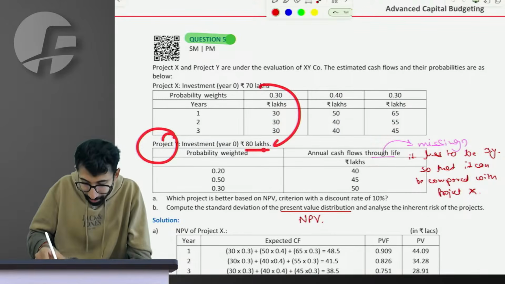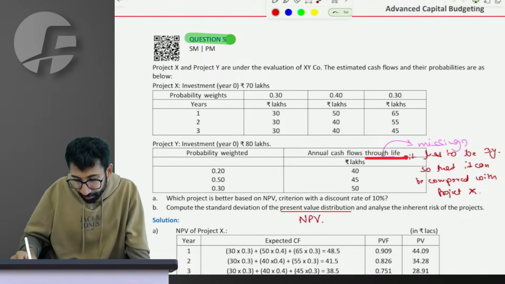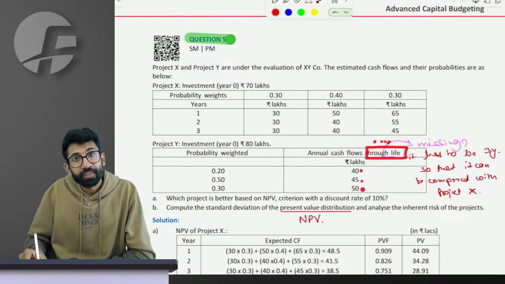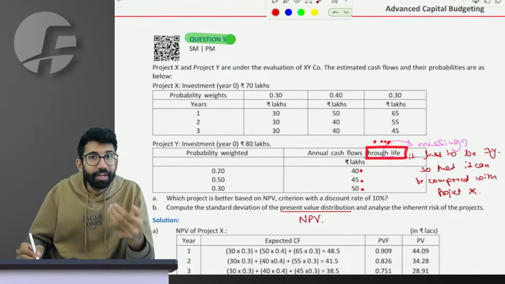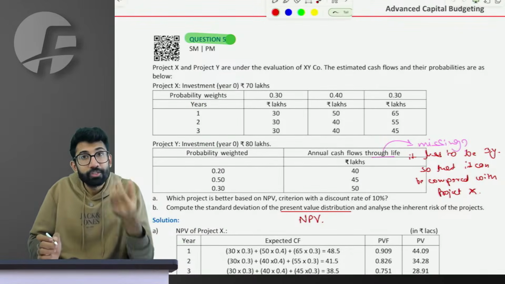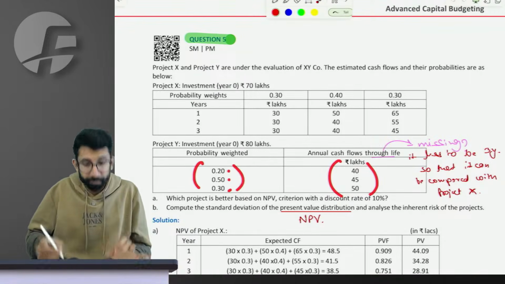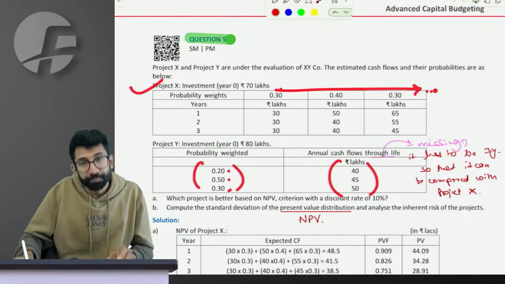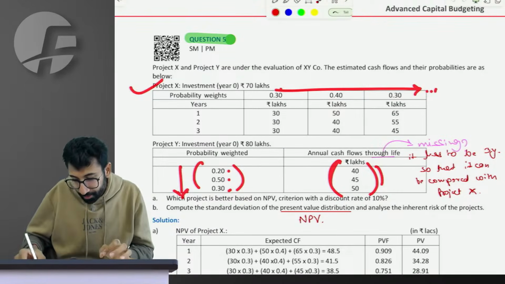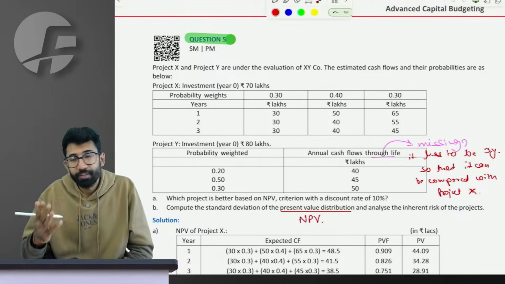There's another project which will have a higher investment of 80 lakhs. The cash flows throughout its life will be 40, 45 and 50 lakhs. I mean to say every year I will have the same cash flow, because we have not been given the year-wise cash flow distribution. Every year I will have this cash flow, the probability of which is 20, 50, 30. In the earlier table, the probabilities are given horizontally. Now the probabilities have been given vertically, which means in the same year I'll have these possible cash flows with these probabilities. What is the life? If the lives of the two projects are different, they are not comparable.